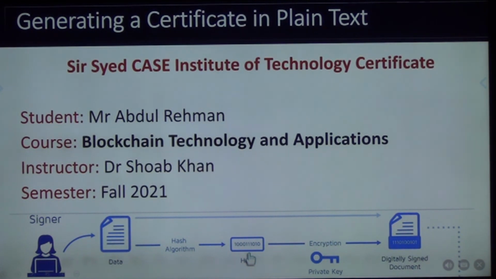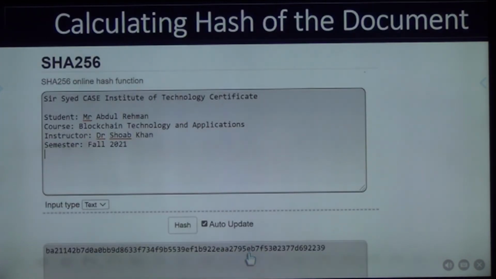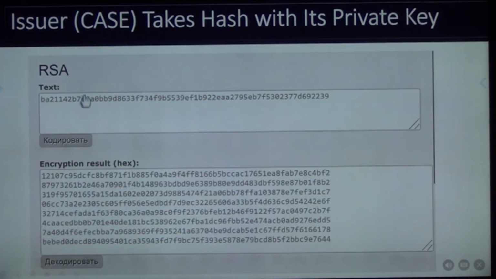I go and take this information और you remember कि हमारा ये हैश वाला प्रोग्राम है, इसका मैंने आपको उसकी वो वेबसाइट दी हुई है, उधर गया, इसको मैंने पेस्ट किया, उसने ये हैश नीचे निकाल दिया। ठीक है, सो ये हैश आ गया आपके सर्टिफिकेट का, अब्दुल रहमान साहब के सर्टिफिकेट का हैश आ गया। मैं गया इस हैश को यहाँ पे लिखा और इसको ये प्राइवेट की जो थी मेरी उससे मैंने इसको इनक्रिप्ट कर दिया।